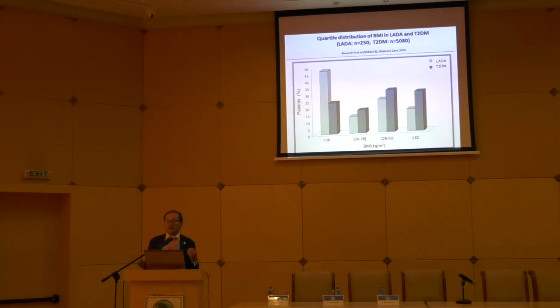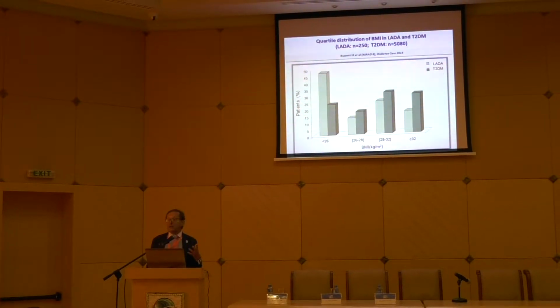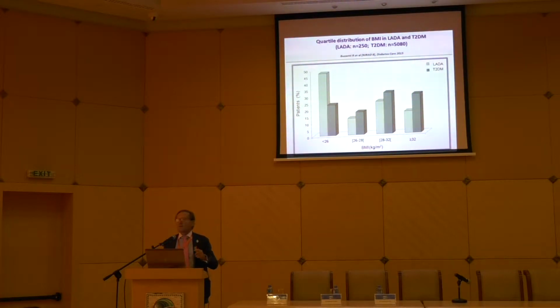So autoimmune diabetes in adults or LADA positive patients are leaner than the classical type 2 diabetics. So the first message that came out of this study, well, if you have a patient with type 2 diabetes that is even manageable well, but with a BMI between 25 and 28 and 30, think about potential LADA. You may say, what is this, an academic exercise? Measuring GAD antibodies in these patients maybe are well controlled with drug? No, it's not. Because their evolution over time will become to insulin. Because the beta cell function in these patients tend to decline and they will become insulin treated. So it's not an academic exercise to measure GAD antibodies in that population.